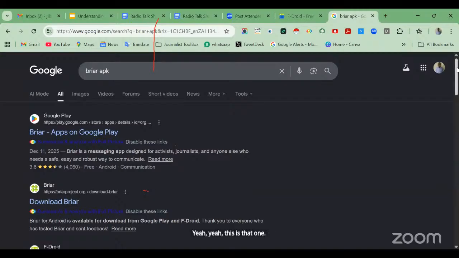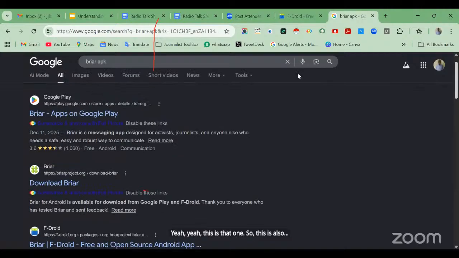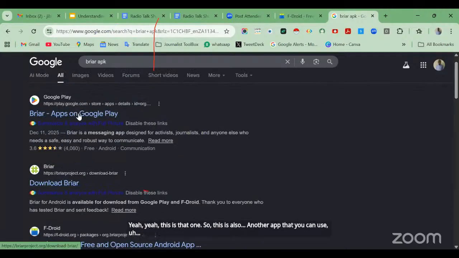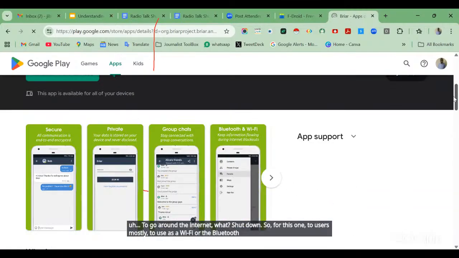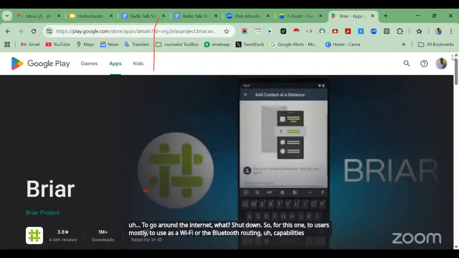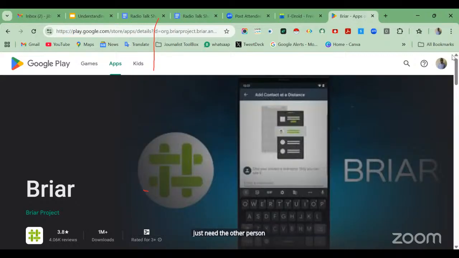So this is also another app that you can use to go around the internet shutdown. This one uses the Wi-Fi or the Bluetooth routing capabilities, so you don't need internet. You just need the other person to install the app, and then you are in close proximity,